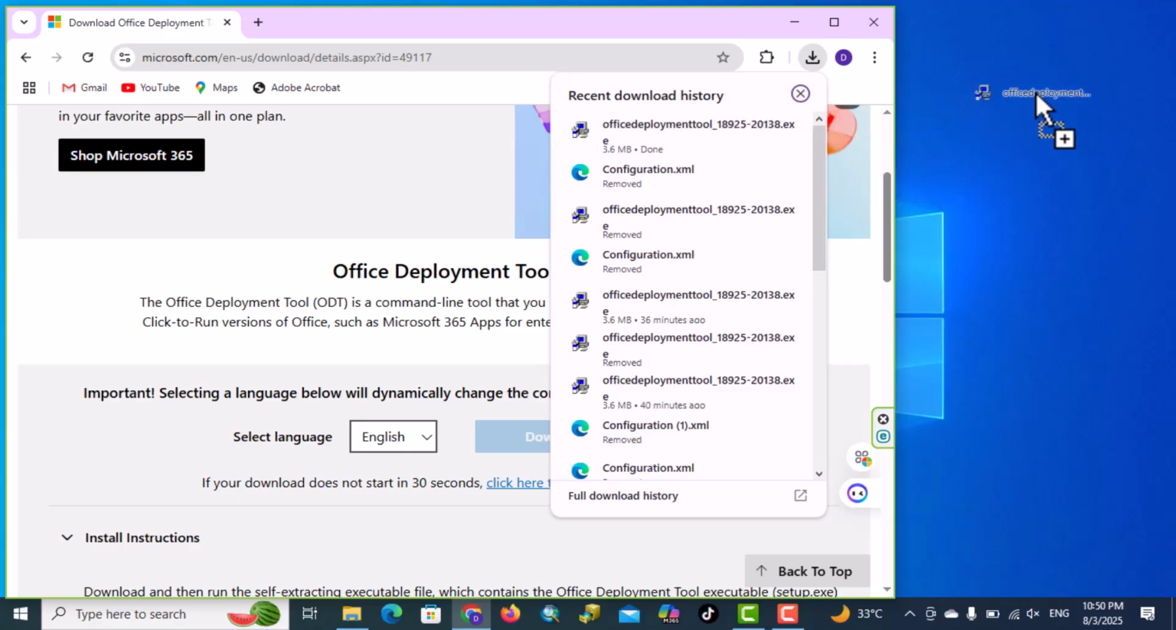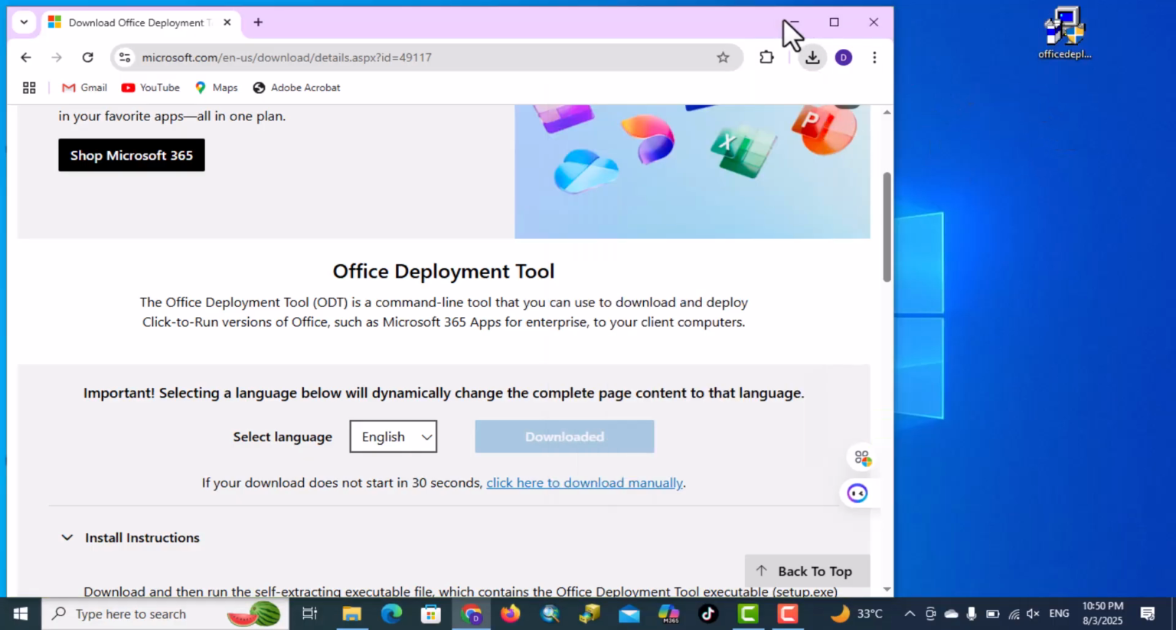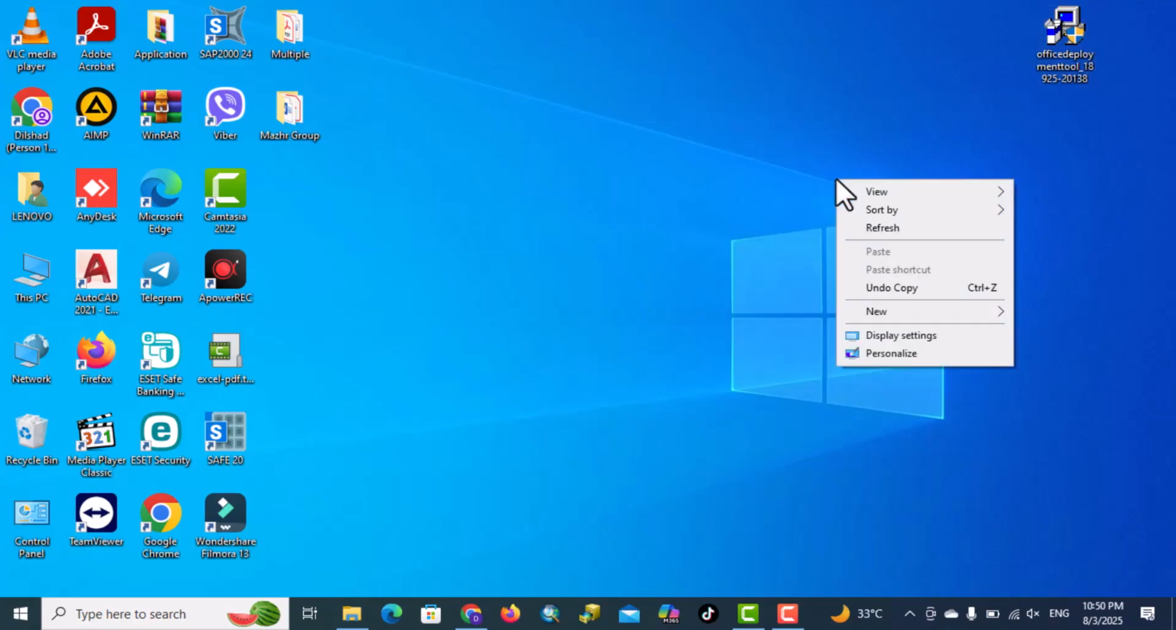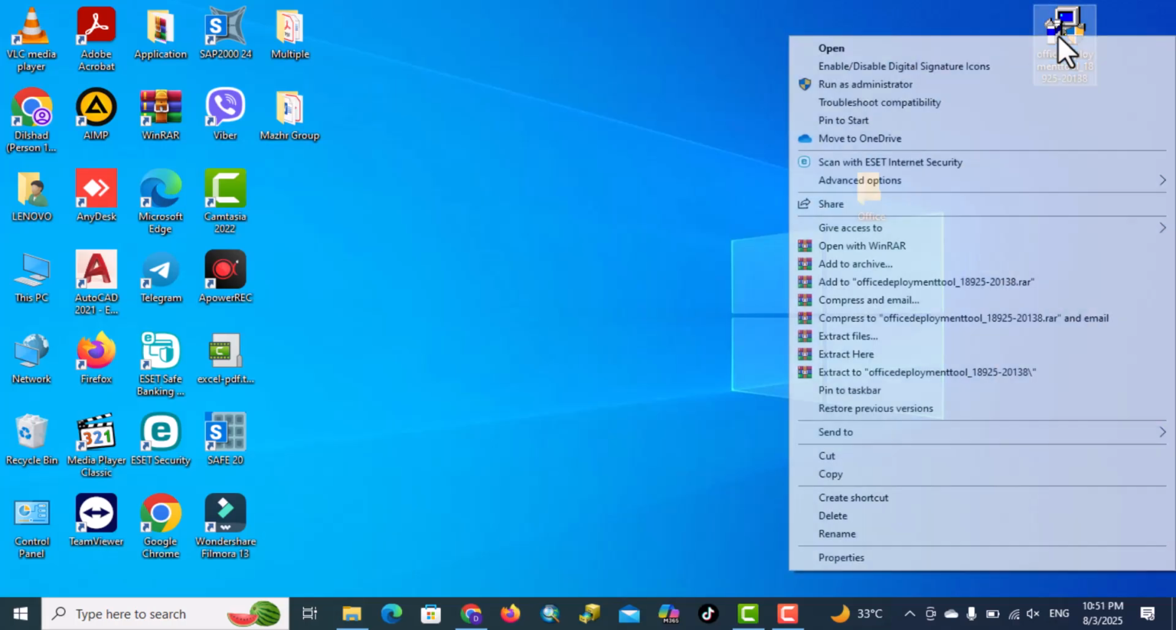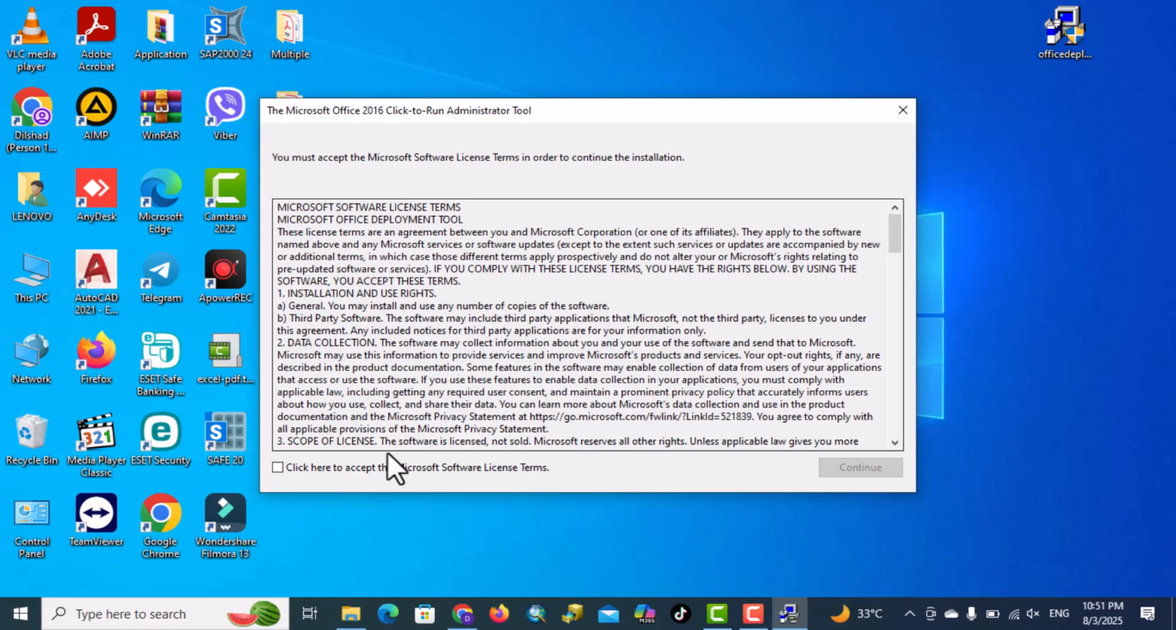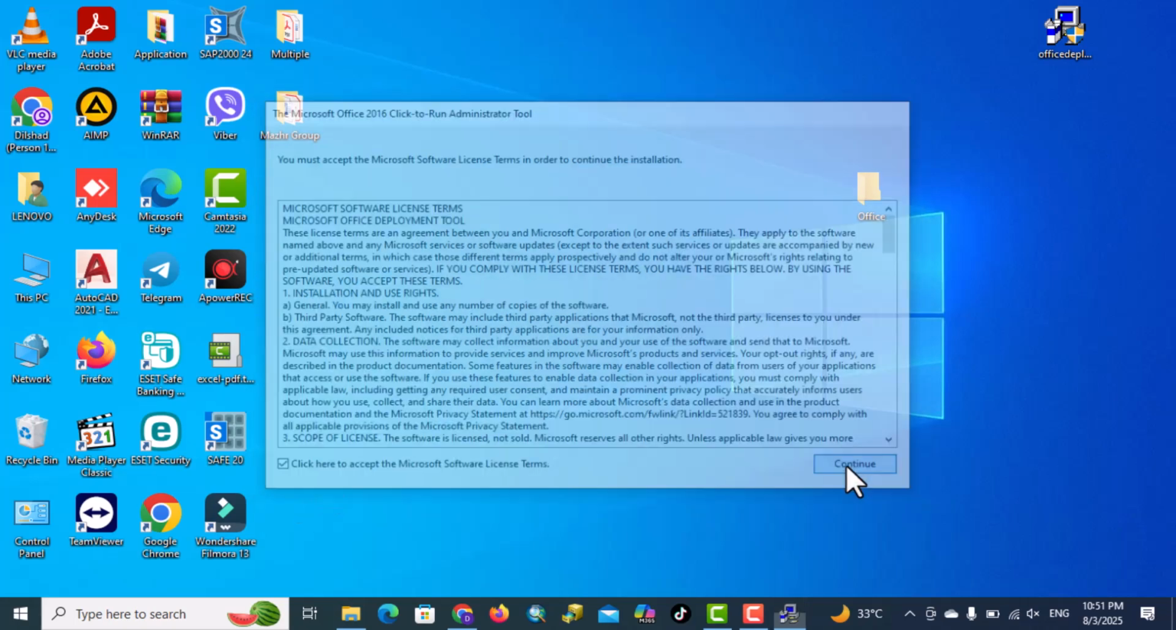Drag this to the desktop, create a new folder, right click, new folder, type Office. Right click into the Office Deployment Tool, run as administrator, accept the license, press continue,